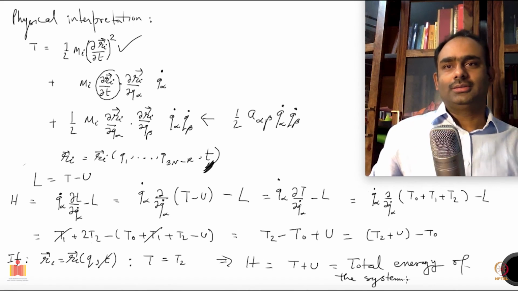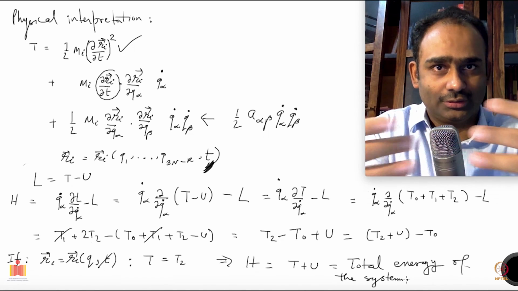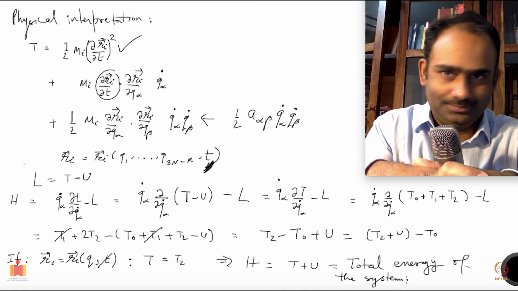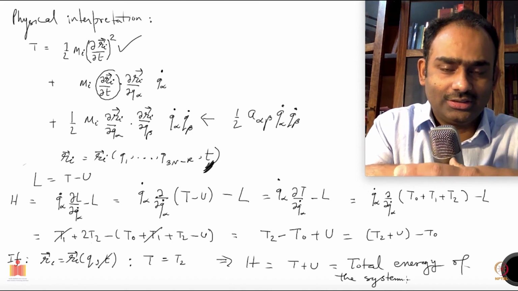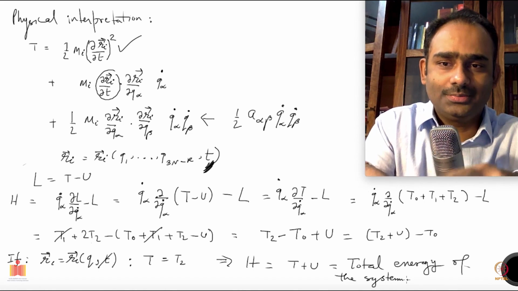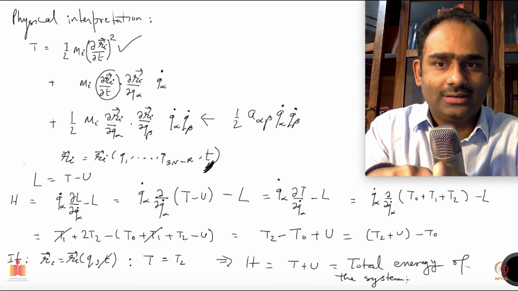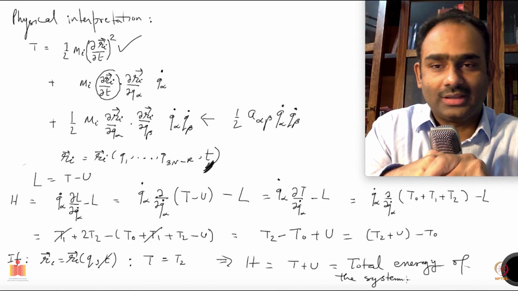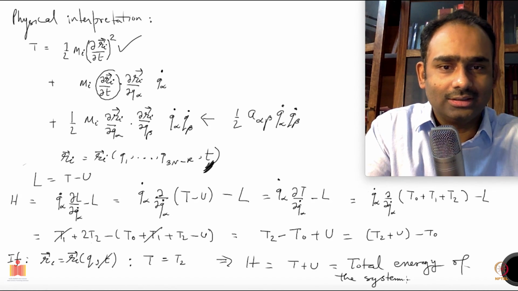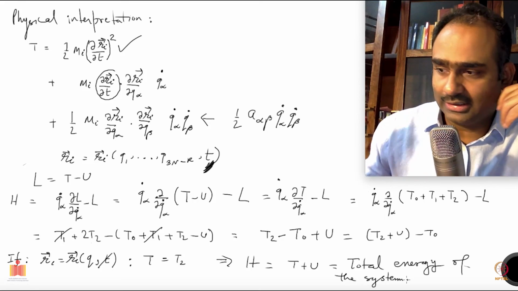Okay, so in general, H, the Hamiltonian, does not have this interpretation of total energy. But whenever your system does not have explicit time dependence in the Lagrangian, and also when you are going from the Cartesian coordinates to the generalized coordinates you do not require any explicit time dependence in going from R to Q's, then your Hamiltonian is the total energy. In that case you can interpret the Hamiltonian to be the total energy.